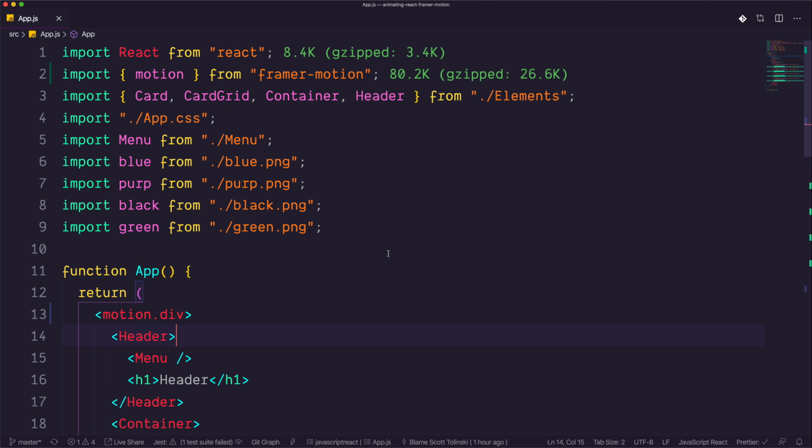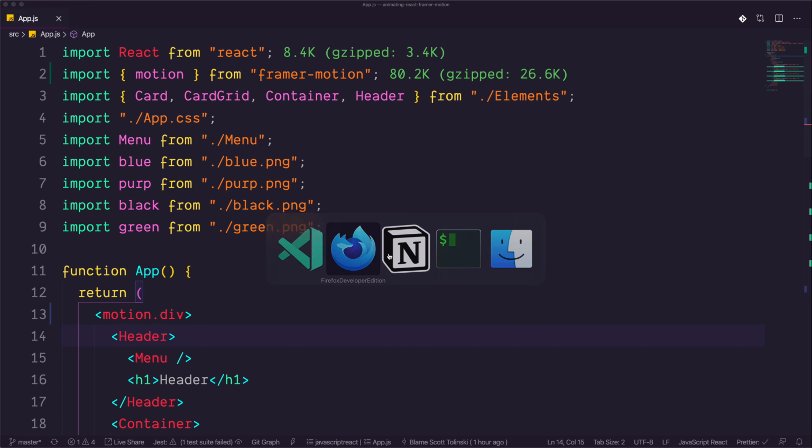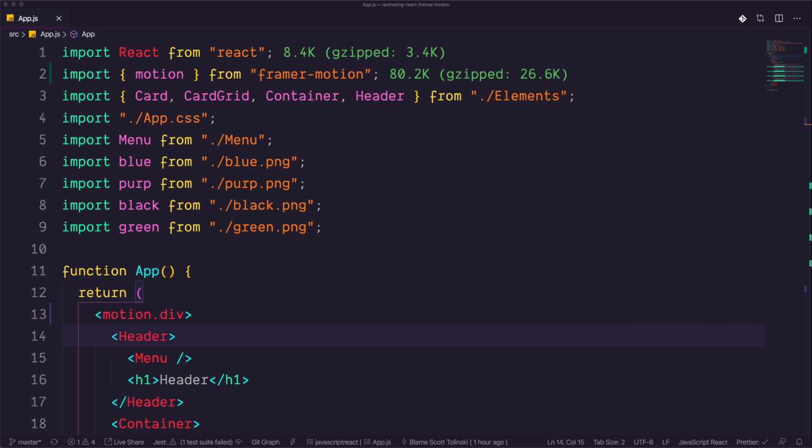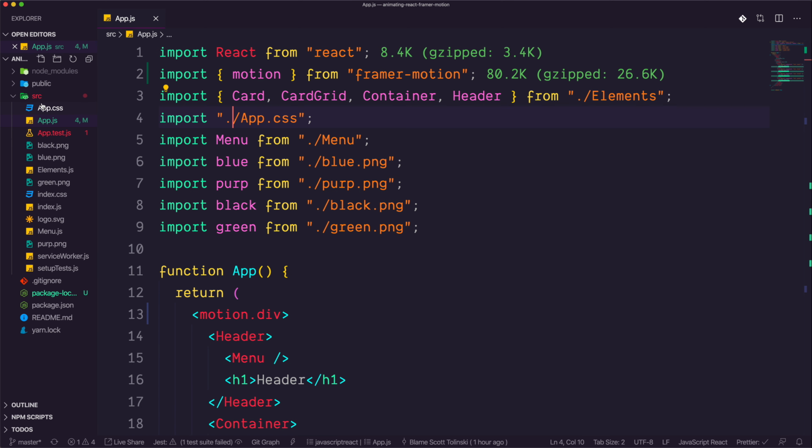Okay, so now that we have at least a baseline here, let's go ahead and start talking about Framer Motion. The key points to Framer Motion, at least the basics, all center around this motion.element, right? In our previous code, we did a motion.div, and we were able to set some properties on it. Now, you may have seen this pattern before if you've used anything like styled components,